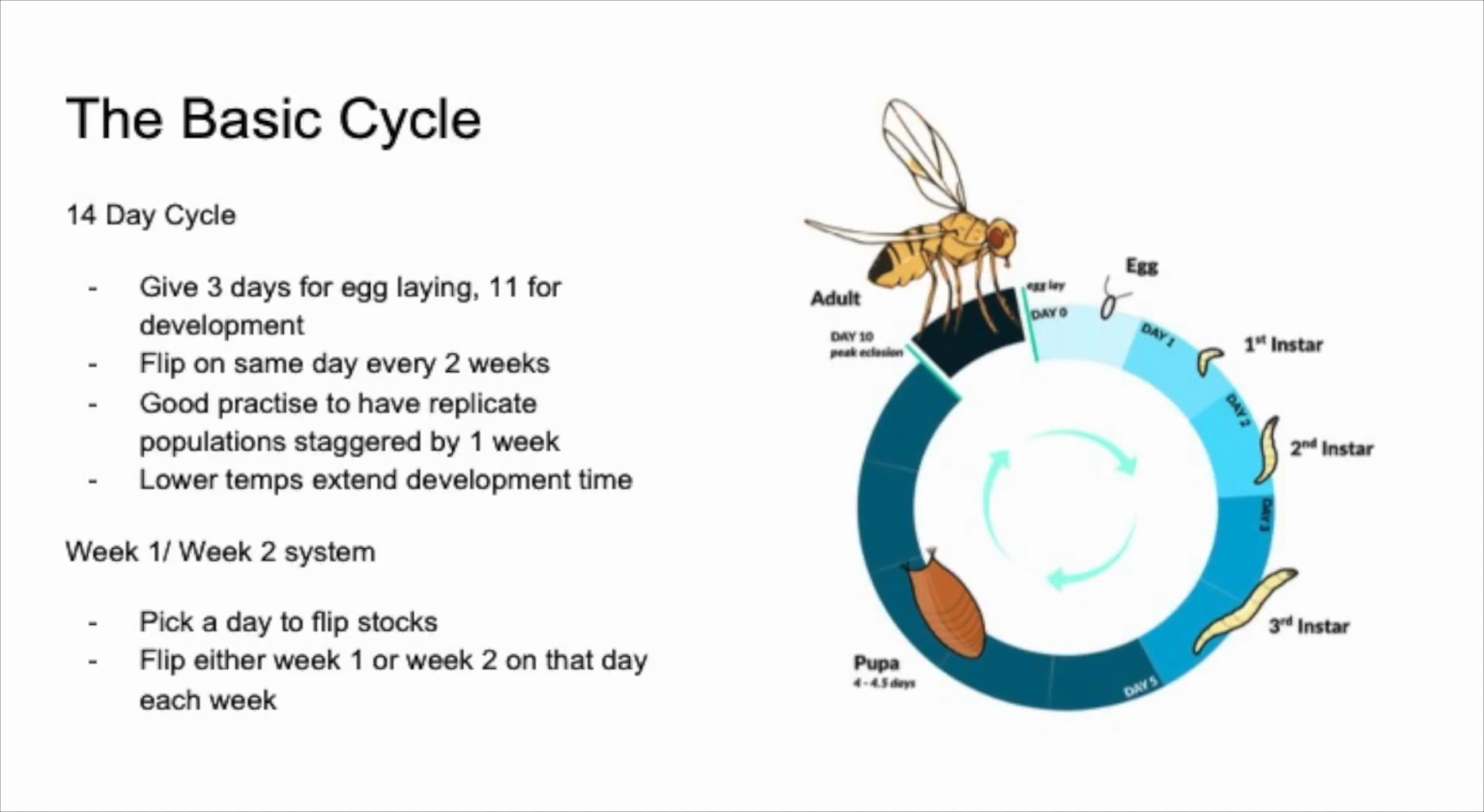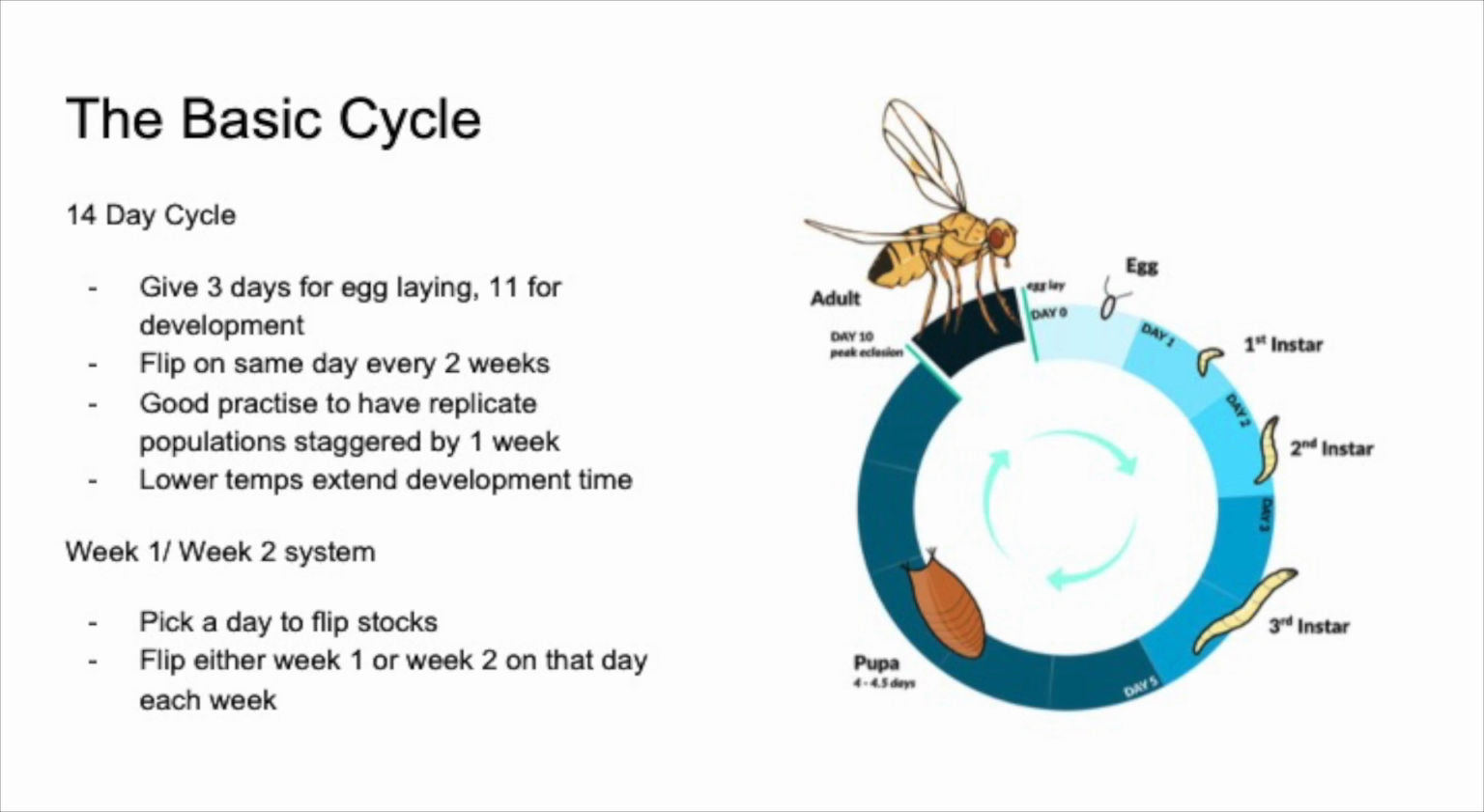The basic fruit fly maintenance schedule is a 14-day cycle, where you give them 3 days to lay eggs and then 11 days to develop, assuming that they're being kept at optimal conditions. This 14-day cycle allows you to flip the flies on the same day once every 2 weeks. It's also a very good practice to have a replicate population, so a complete duplicate of all of the stocks that you have,